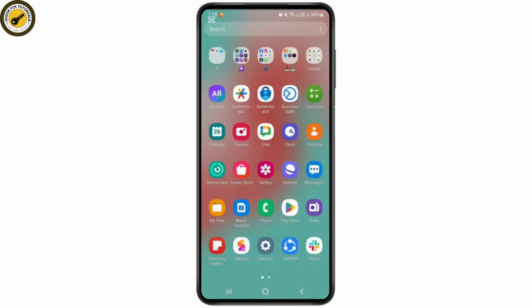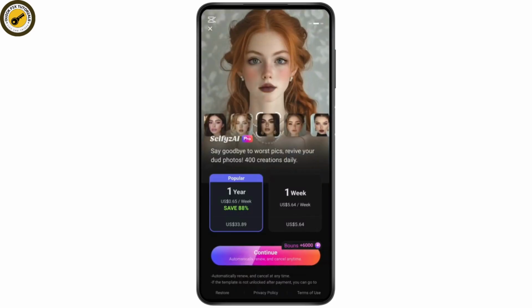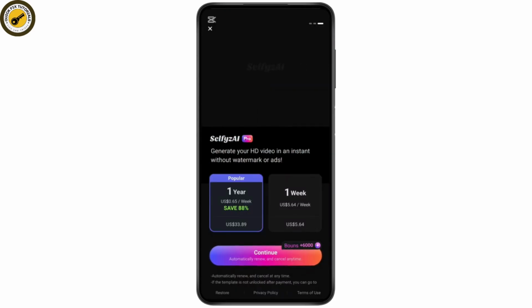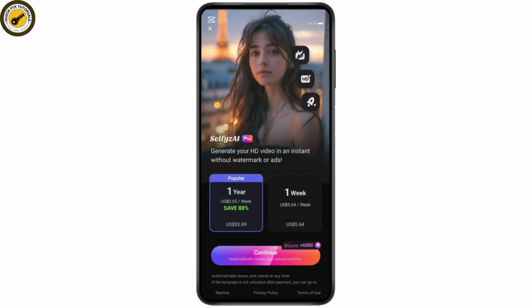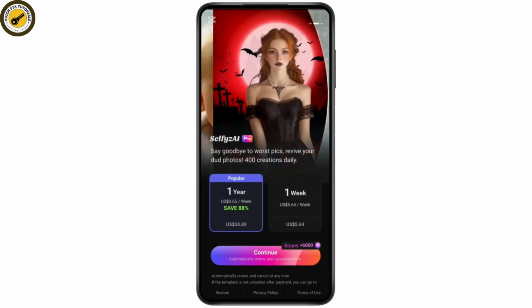First you'll have to install this Selfyz AI on your device, so you can as usual do it from Play Store or App Store. From there you have to install that, and after that you'll have to open that app. Okay, so after you open the app, you'll get such an interface. From here you'll have to buy a subscription for your package. So simply you can choose one option from here,